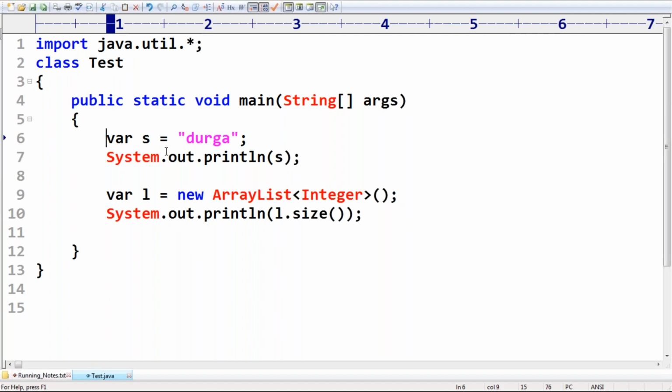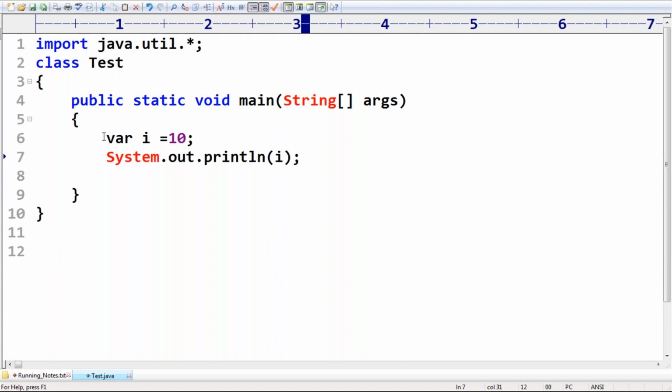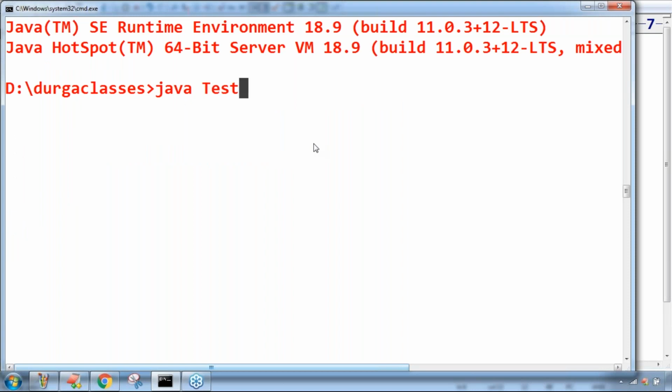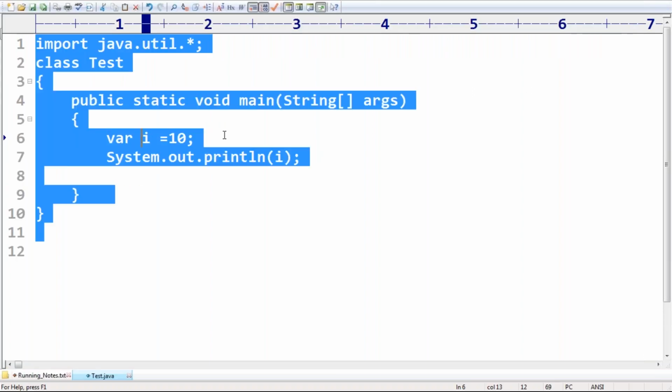Now observe where i is equal to 10, System.out.println of i. Here, observe that I'm using it for a local variable. Perfectly valid, no doubt at all, right?